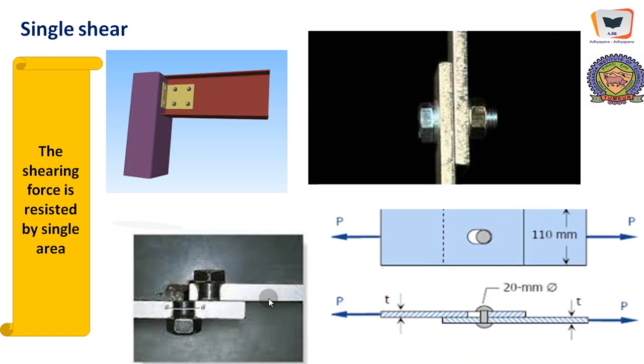This is the plan of this particular system. Here it is a plate, a lap joint, getting pulled by P, and it has a width of 110 millimeter. When it is pulled, if the plate fails, it will fail due to excessive tension. It is called tearing around the stud. And if the stud is weak, it's going to fail in single shear, because only one area of cross section over here is participating in developing the resistance